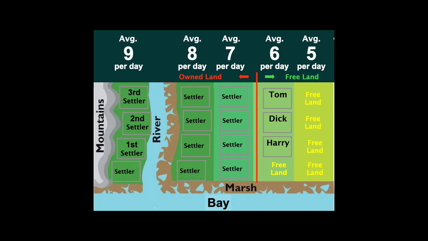Make me an offer. We're going to take a little bit of stock and say, if we look at the left side of the river, and we add up everything that's produced for a year, and we divide it by the number of days worked, it comes out to $9 a day, because it's very fertile land and it's got access to the river. The land on the right side, even though it's just as fertile, has the swamp that impedes transportation and trade. And at the end of the year, the average is $8 a day. The average worker can produce $8 a day with their tools and their equipment. And on the less fertile land, $7, and on the land that's still free, on average, $6 results.